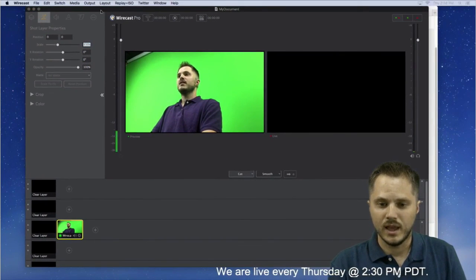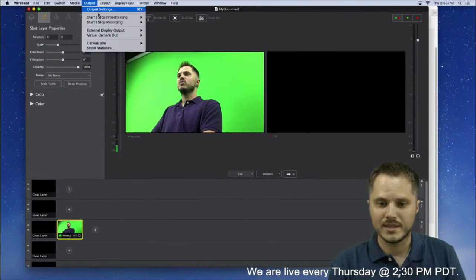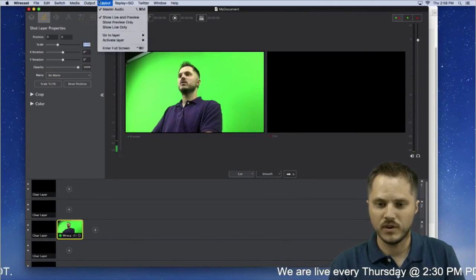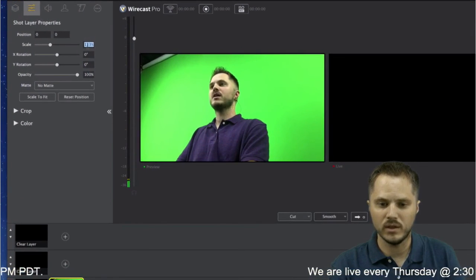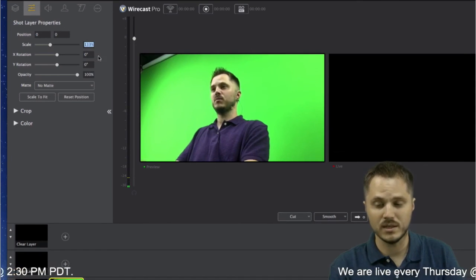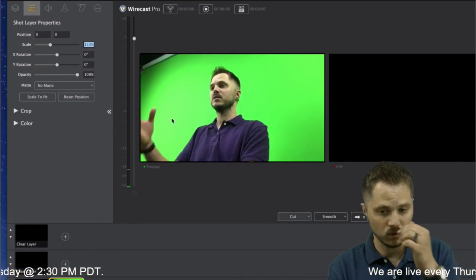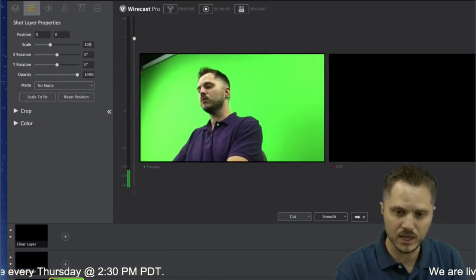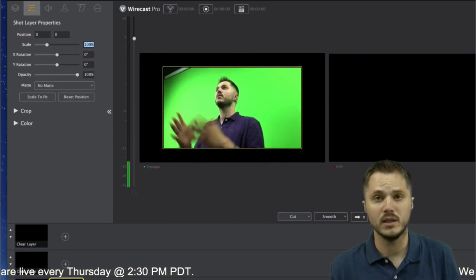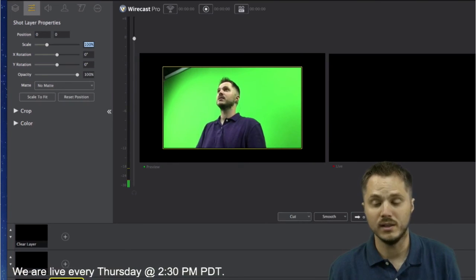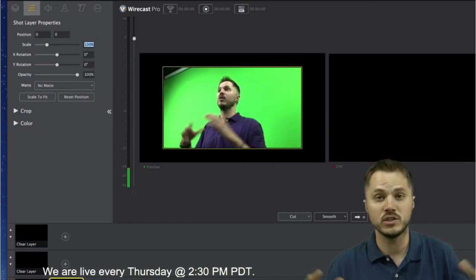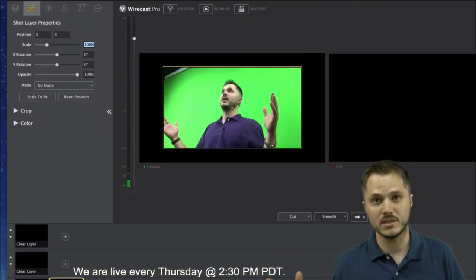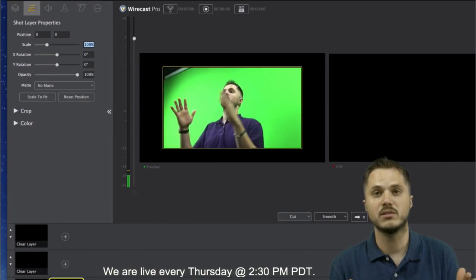So I've set the canvas size to that, which is fine, but now you'll notice the scale is at 133%. It's scaled to fit because that's where it was before. But if you go back to 100%, sources are always brought in at 100%, unless they are larger than the canvas, in which case they will scale to fit down.